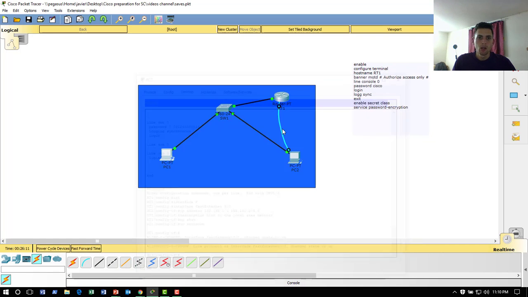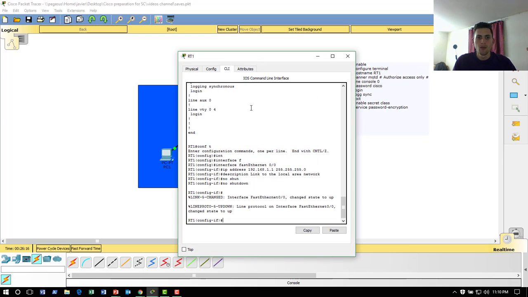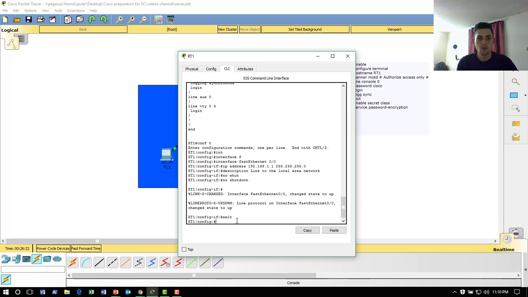So now all we have left to do is SSH. For SSH, we have to do a couple of things. The first one is we are gonna exit from the interface, and then we're gonna go into global configuration mode. So you can see RT1, that's the name of the device, config, and then the pound sign. So now we have to say